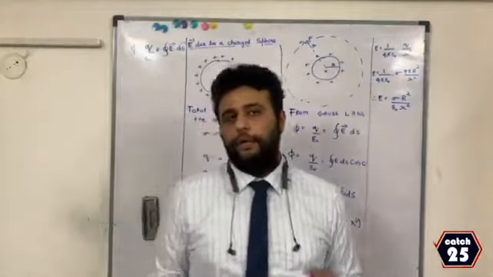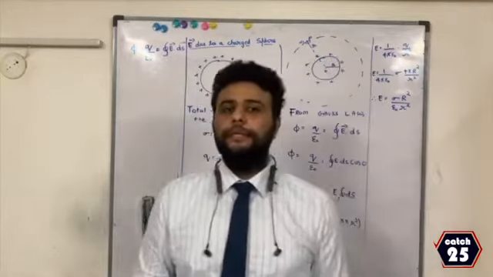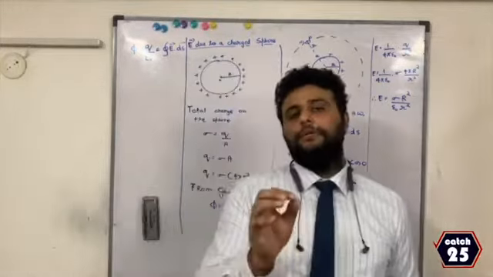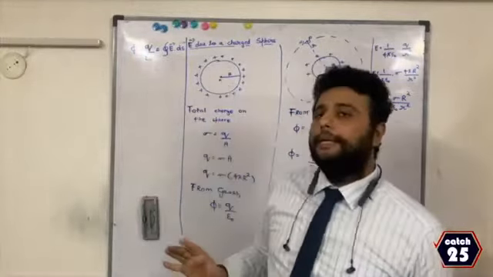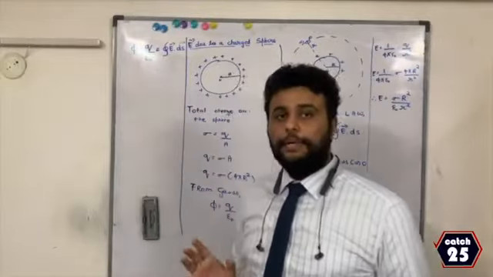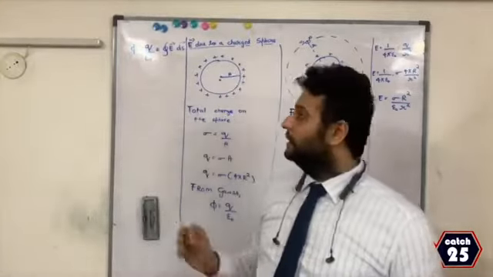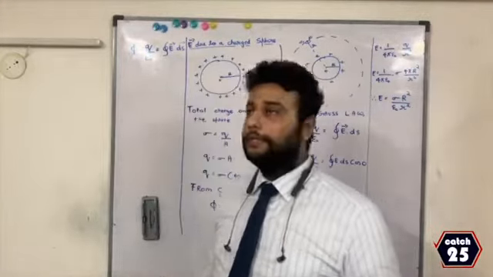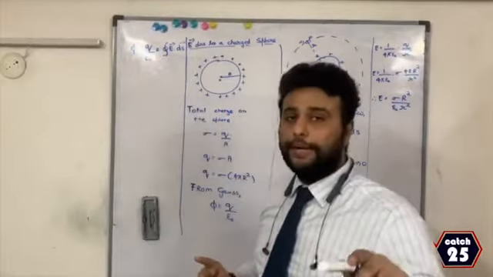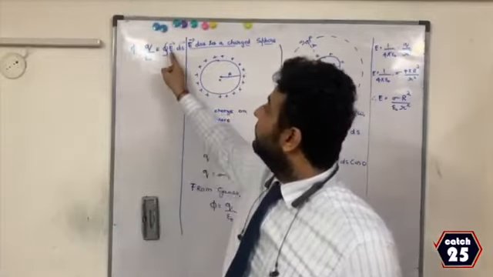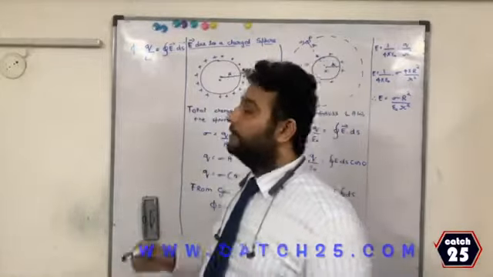Now we'll study Gauss theorem and its applications, which is one of the important topics of electrostatics. In very simple words, what Gauss said is this: electric flux passing through any closed surface can be given as Q by epsilon naught. Q is charge, epsilon naught is the permittivity of free space. Or the formula is the closed integration of electric field coming out of that surface. ds is the small surface out of which electric field is coming out.